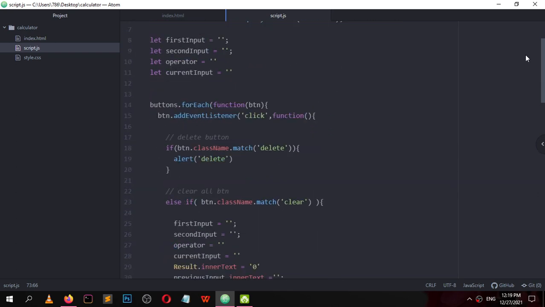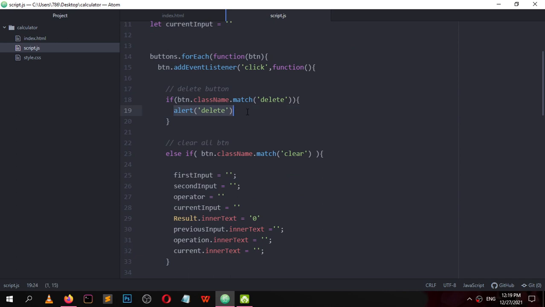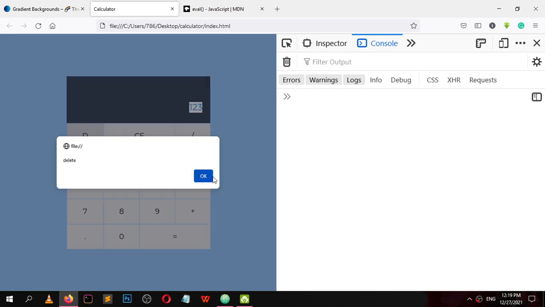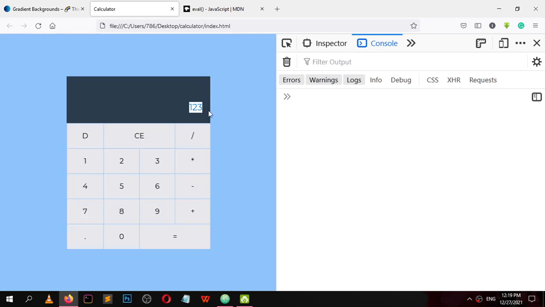The first button is for our delete. Okay, what can we do? Let me show you from scratch. I want to remove this 3, as soon as I click this delete button, this will remove this 3 from the current input element.